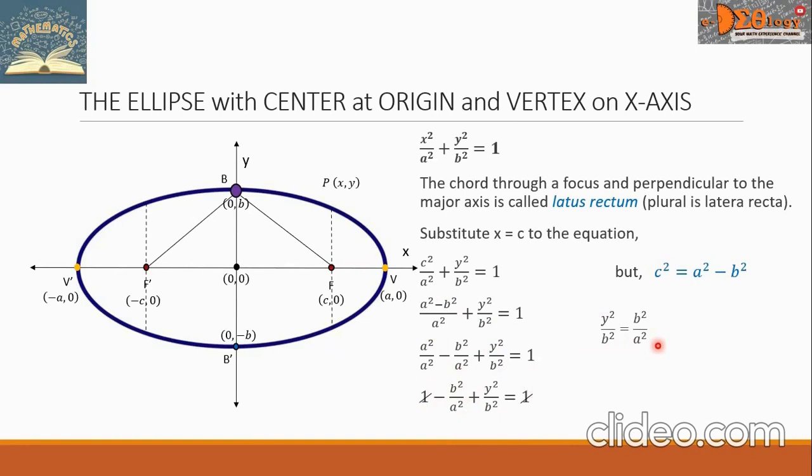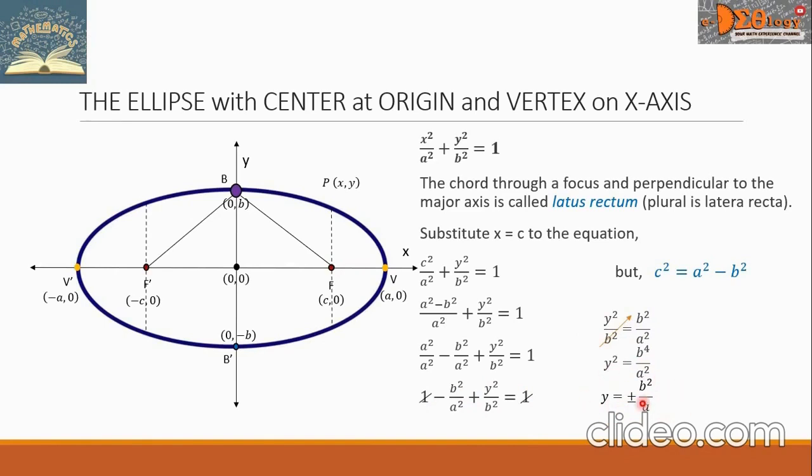Let us simplify further. Cross multiply this b square to the numerator of the right side. So we have now the y square equals b raised to 4 over a square. If we take the square root of both sides, we will have the value of y. So we have now y equals plus or minus b square over a. This is the y coordinate of the endpoint